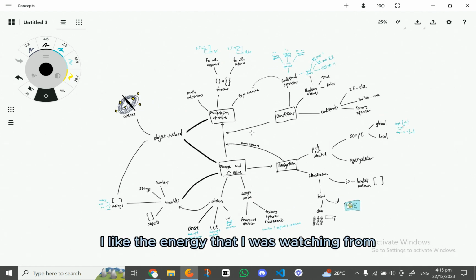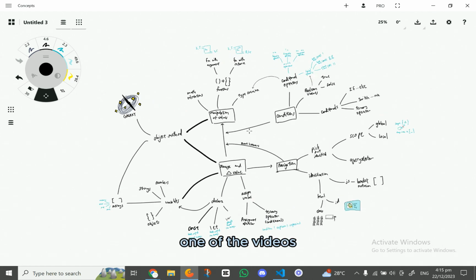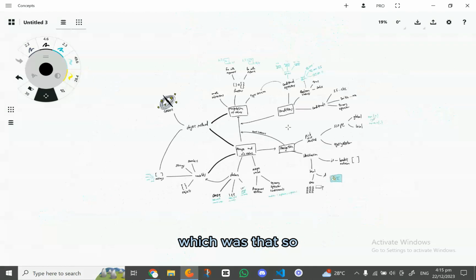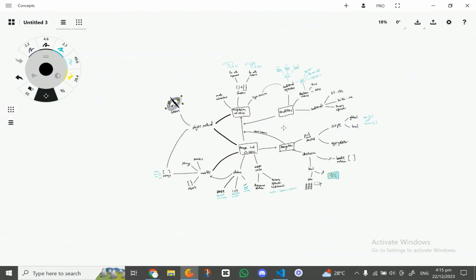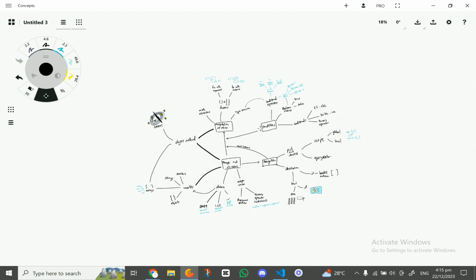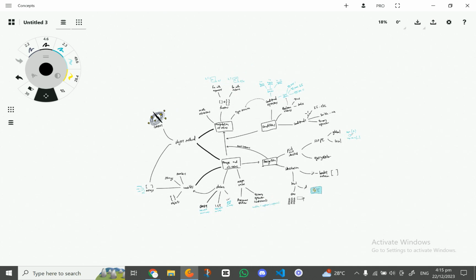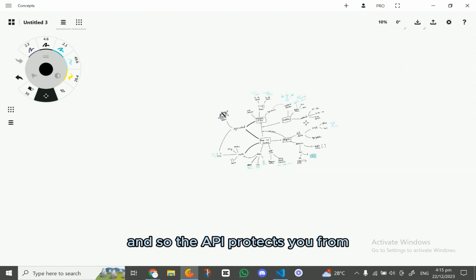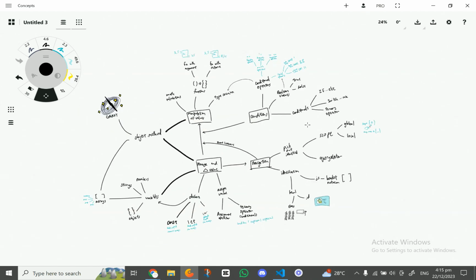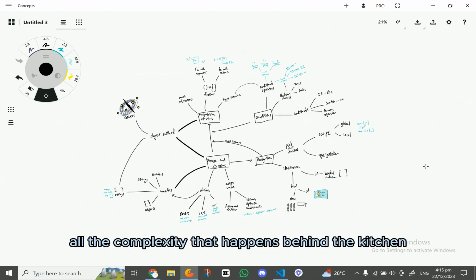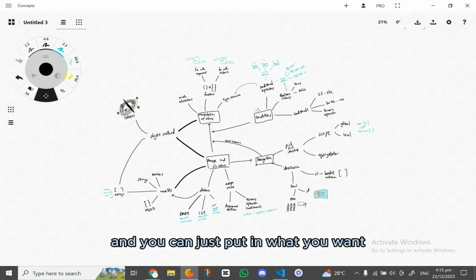I like the analogy that I was watching from one of the videos, which was that the waiter is like the API, and you're like the customer. And so the API protects you from all the complexity that happens behind the kitchen. And you can just put in your order.